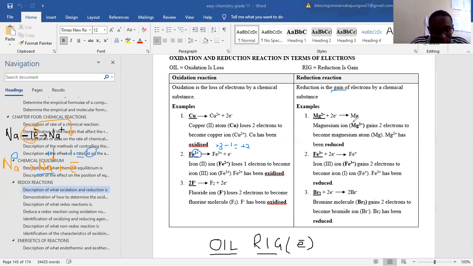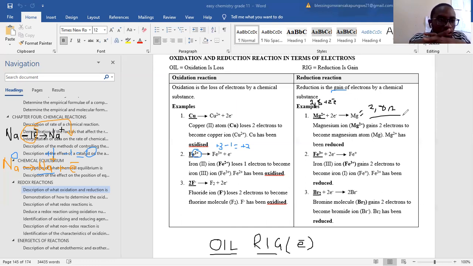If you go back to the atomic structure, looking at the electronic configurations, this is 2,8. So this guy will gain two electrons, so that it can take us back to the electronic configuration of 2,8,2. So basically that is what we try to balance. But